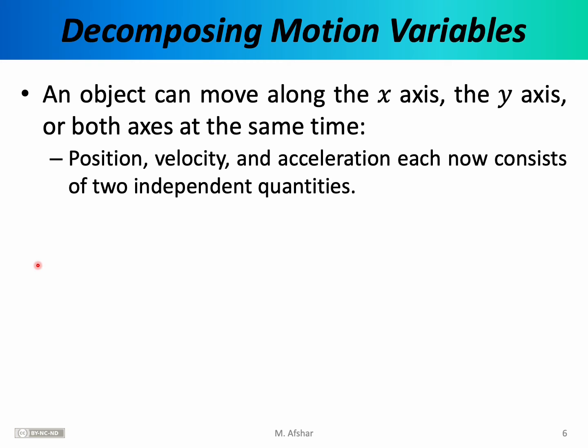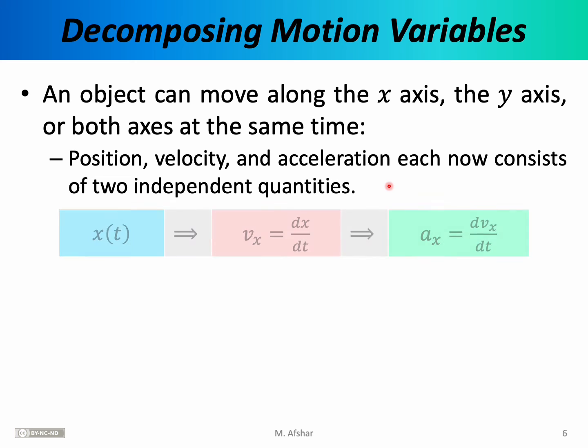Galileo's suggestion for the decomposition of motion implies that all of the motion variables must now be divided into separate components, specifically position, velocity, and acceleration. Each must now consist of two independent quantities when we want to analyze two-dimensional motion. Specifically, when we're discussing the motion of a ball rolling off the table or a baseball flying across the field, we need to discuss its x-coordinate, and then the rate of change in the x-coordinate, which we'll call the x-velocity, and also the rate of change in the x-velocity, which we'll call